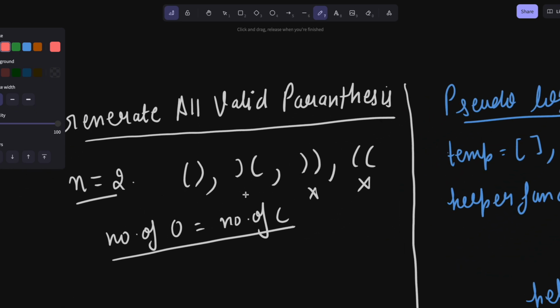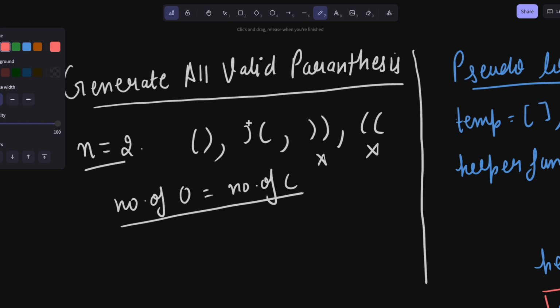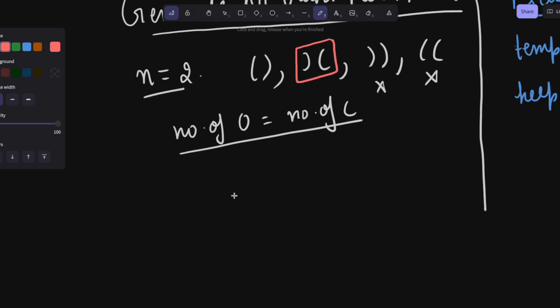This thing right here also is not a valid parenthesis. Why? Because you are not only checking the number of opens and closed. You are always checking that yes, the number of opens should be equal to the number of closed, but a very big thing,